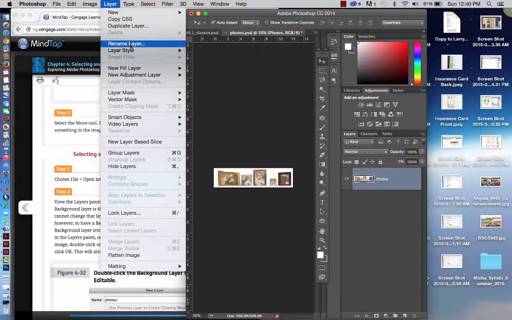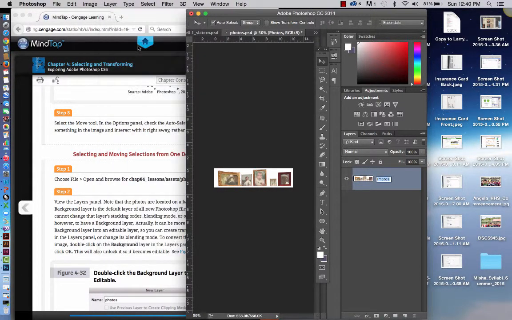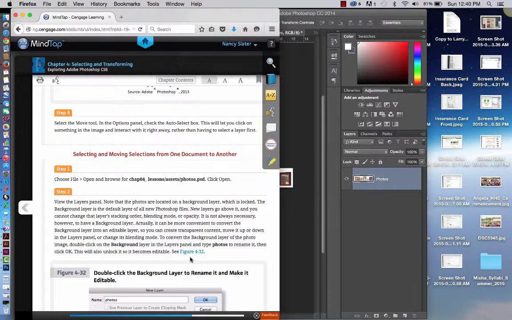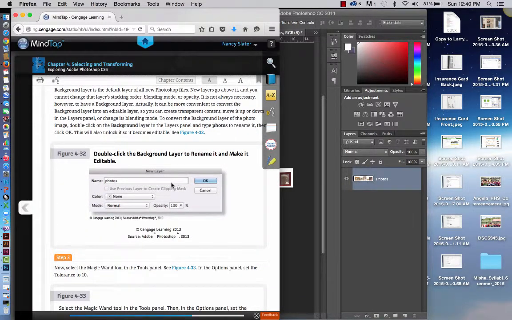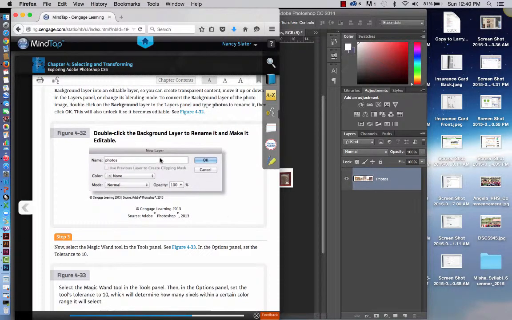If you want to rename the layer, which is what we just did, it will highlight that for you, and you can unlock it like I did just by clicking on the lock icon. Alright, so normally if you double click, this is the dialog box that will come up. I can't show you that because that doesn't work on my computer, but you can see it in the textbook,